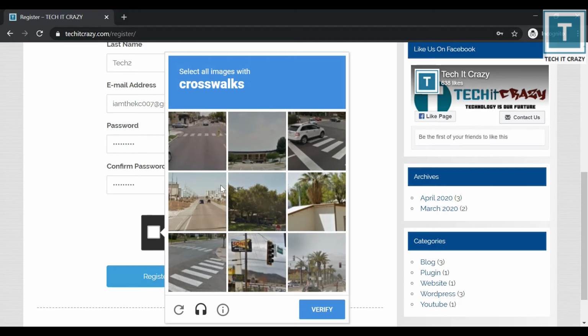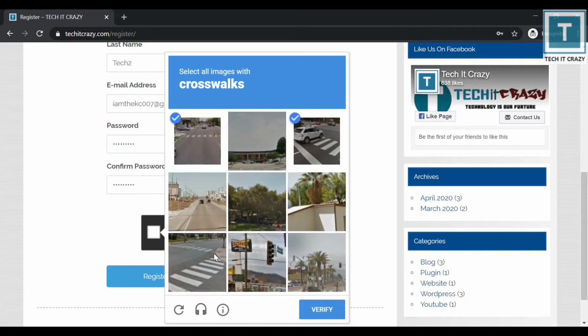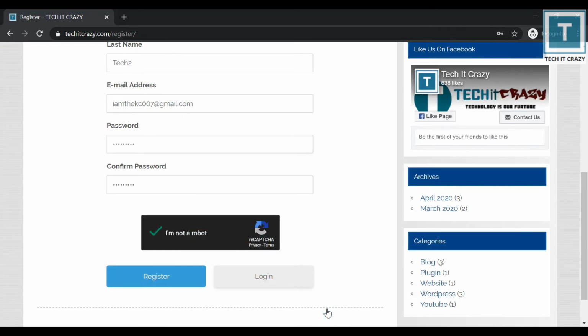So once I click on that, it will ask the images with crosswalks. I'm just selecting those. I think I did not miss anything. Yeah, verify. Now it is clicking on I am not robot. So it's very simple by this plugin. So you don't need to worry about any coding, nothing like that. You just need to set up that in our admin dashboard.